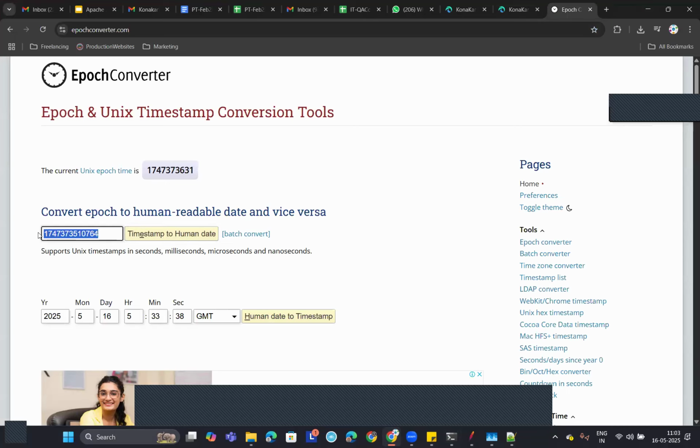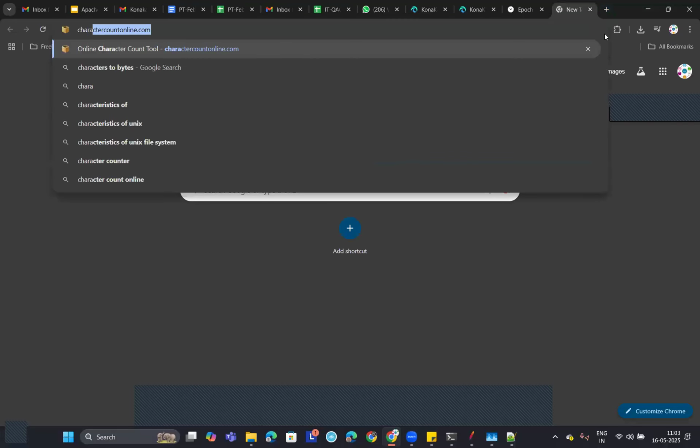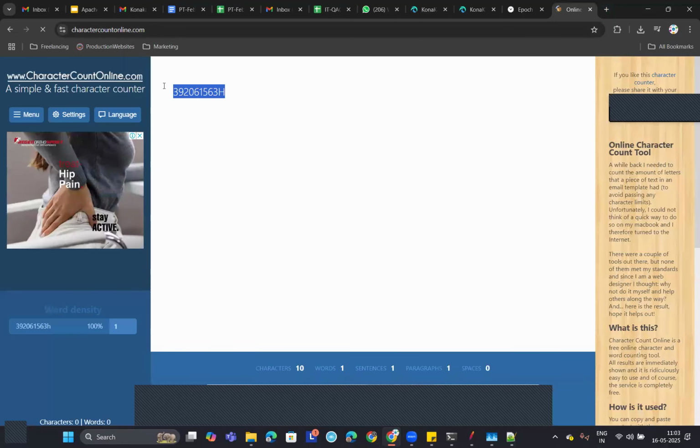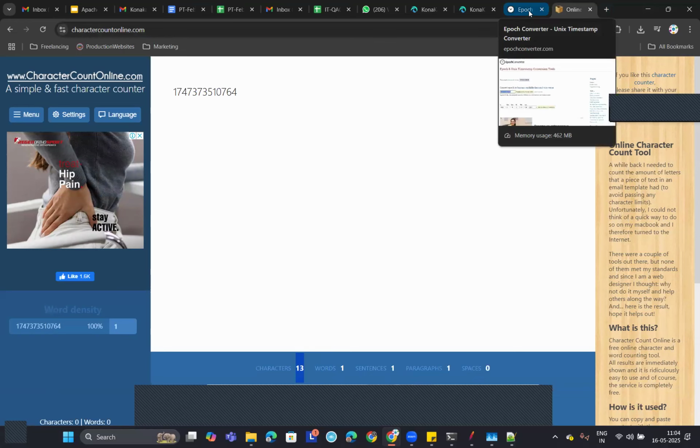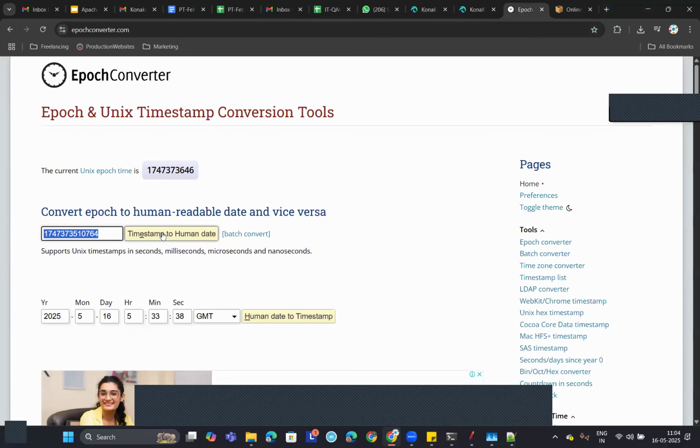Convert this timestamp value. First of all, see how many characters are there in this value. How many characters do you have? 13. 13 digits, right? With 13 digits, 99.9% it will be a timestamp value. If you see any number with 13 digits in the script or anywhere, 99% it will be a timestamp value. If you want to confirm that, go to epochconverter.com and